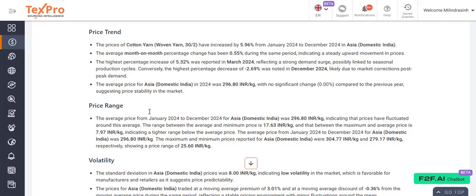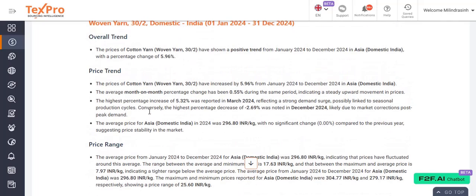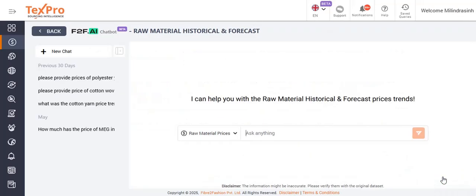The another feature that we have integrated is the chatbot feature. So now we have integrated AI based chatbot, which allows you to pull the data from the module without going into particular section and selecting the filter options. Just for an example, if we ask the chatbot to provide us the prices of cotton yarn from India for last 6 months,